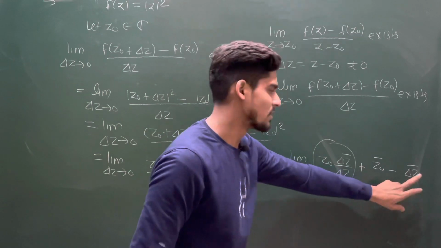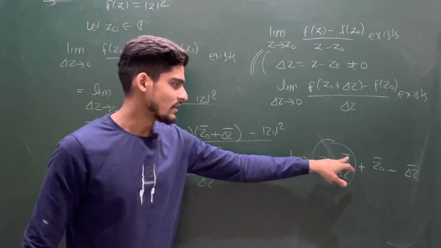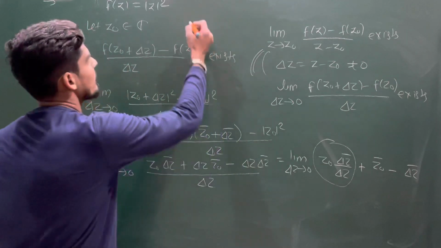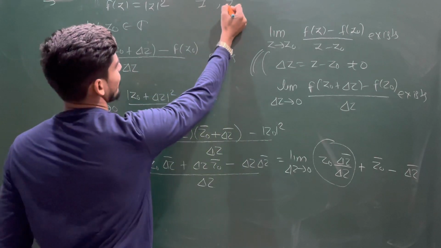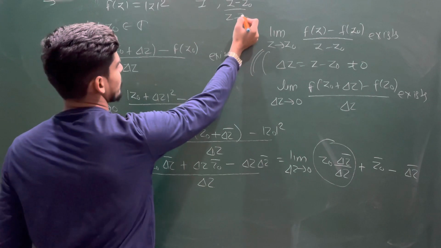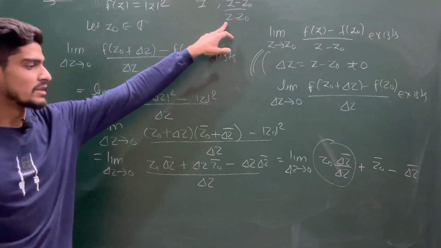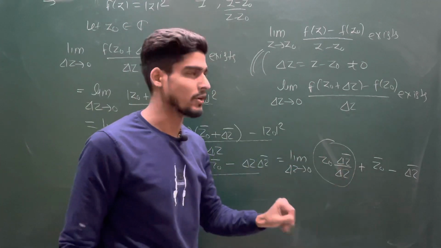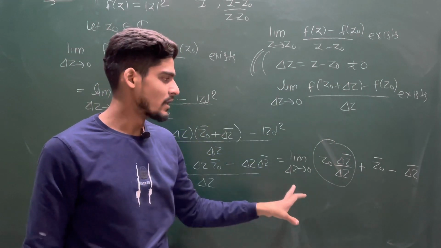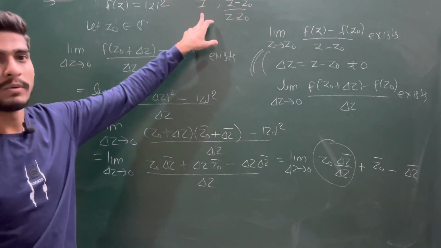So what can I say for this part? I can leave the other parts because they will not give me any problem, but I am in trouble when I have this. I have already seen this del z bar upon del z, as del z approaches 0, this limit does not exist. In the previous part, when I worked with z bar, I arrived at the condition z bar minus z naught bar upon z minus z naught as z approaches z naught. This does not exist. This is similar, because if you open del z, what is del z? This is z bar minus z naught bar, this is z minus z naught, and z approaches z naught. So this is similar to this example, and this limit does not exist.